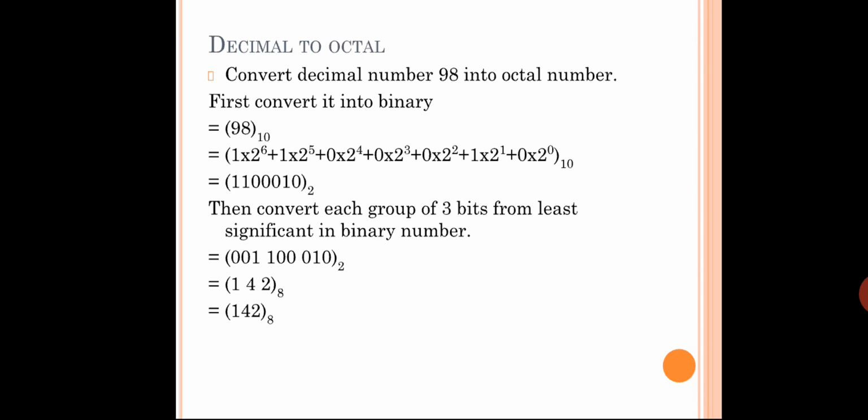So 98 can be converted to this particular binary as, see, they have gone for 1 into 2 to the power 6. They have gone for the position values only, like 2 to the power 0 and 2 to the power 1, giving the value based on that position. Otherwise, if you don't like that fashion, you can go for dividing. Divide 98 by 2 and whatever value you get, again by 2, until you get 0 or 1. Then you take the values from bottom to up. Fine, that will be the value.